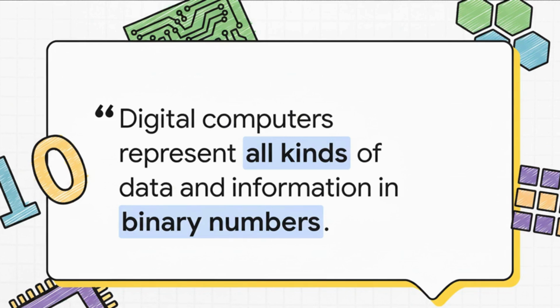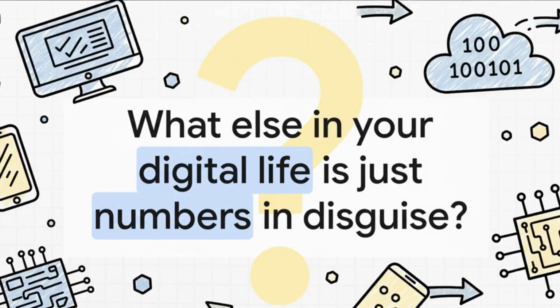It's all just numbers. This right here is probably the single most important idea to take away from all this. The entire incredible complexity of our digital world, all of its color and sound and information, it's all built from the simplest possible foundation you can imagine. A system with only 2 choices, on or off, 1 or 0. So think about it. The next time you're on a website and you see a color code, that 6-character mix of letters and numbers, you'll know what it really is. It's just a hexadecimal shorthand for 3 binary numbers that are telling your screen exactly how much red, green, and blue light to mix together. It's all just numbers. Which kind of leaves you with one final question, right? What else in your digital life is just numbers and